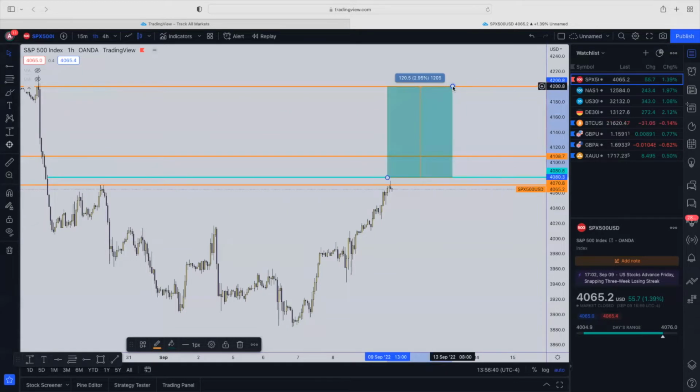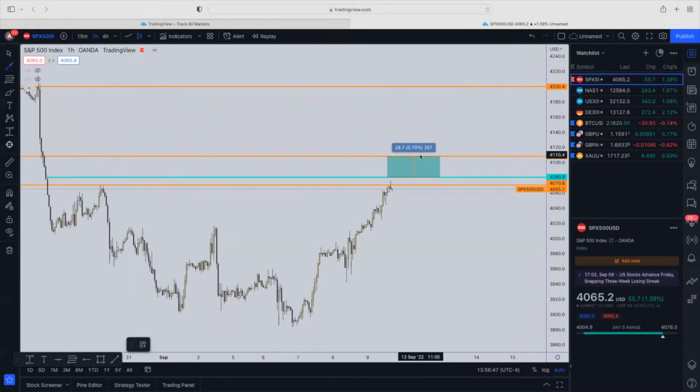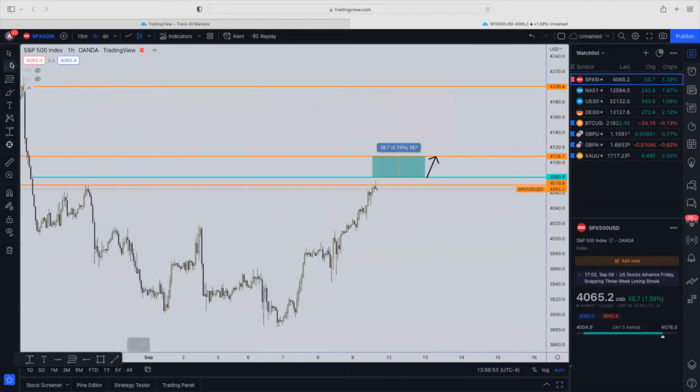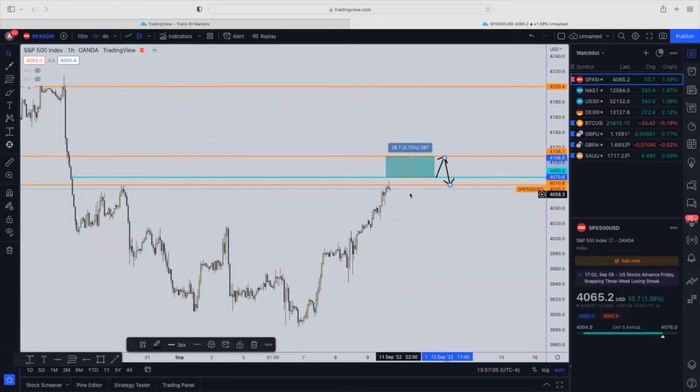But if we see that the market comes to the 41.10 area, we might see the market come here, hit the TP, or hit the price, and then we will see the market retest back to 40.80, or actually better yet, not even 40.80, retest back to 40.70, because this is the last zone on the hour time frame. This is the last zone that it broke out of, and then we can see the continuation for